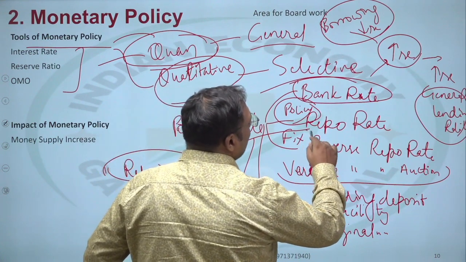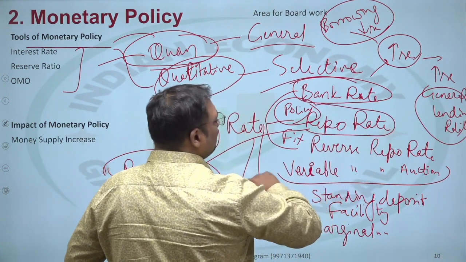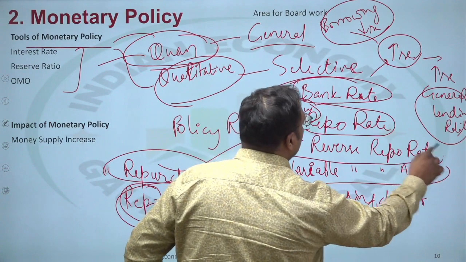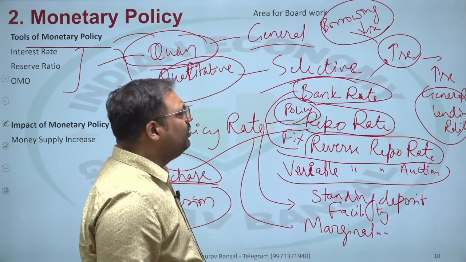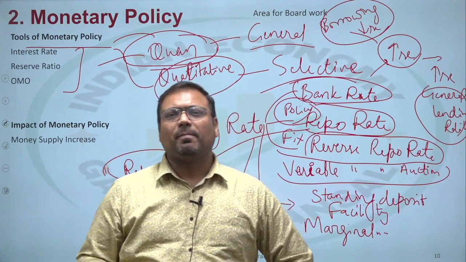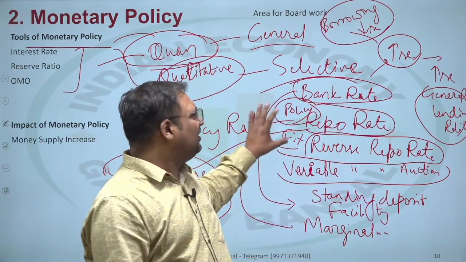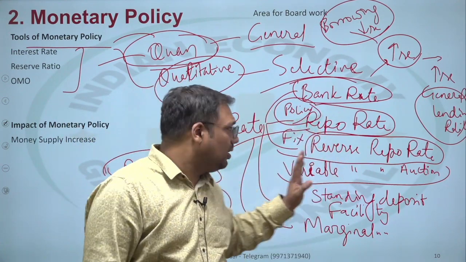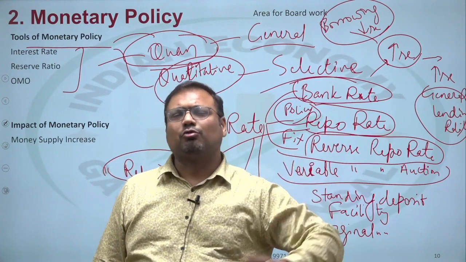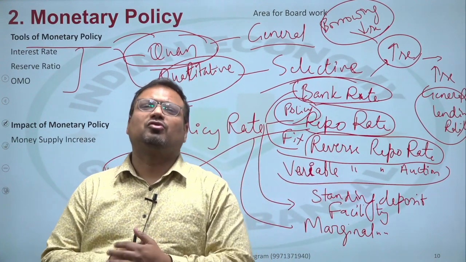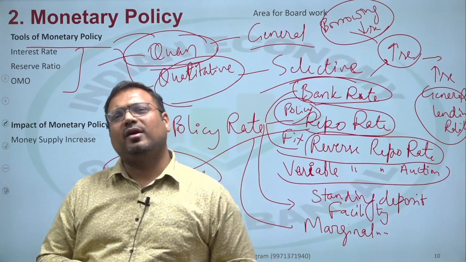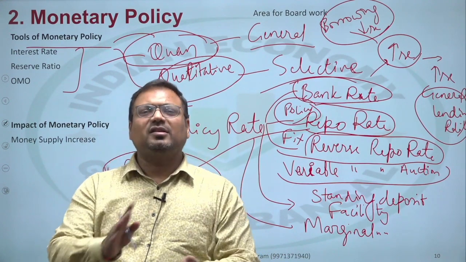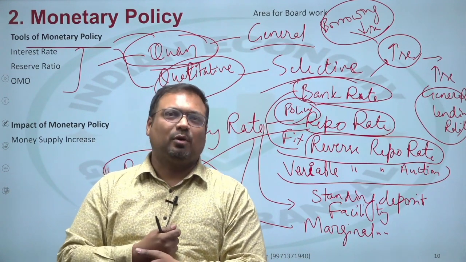So I hope repo is also clear to you. The next is fixed reverse repo rate. Basically we use repo rate and reverse repo rate. The concept is still the same, even if we call it policy. Fixed reverse repo is also the same. Basically we announce repo rate or reverse repo rate every quarter. The rates that we announce are fixed rates, fixed policy rates.